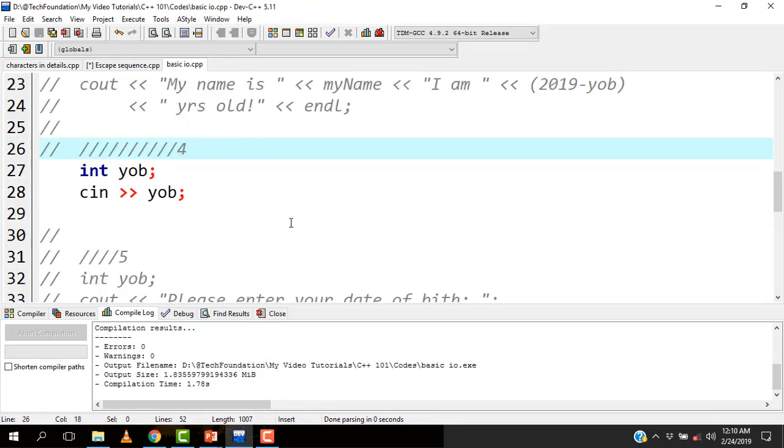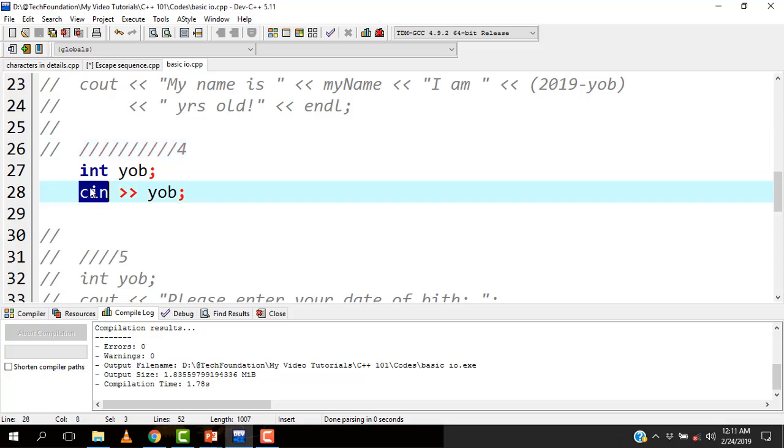Now, in most computing environments, the standard input is the keyboard. In C++, you can access the keyboard with the cin stream. cin is the acronym for character input and cout is character output. Now, cin is used together with the